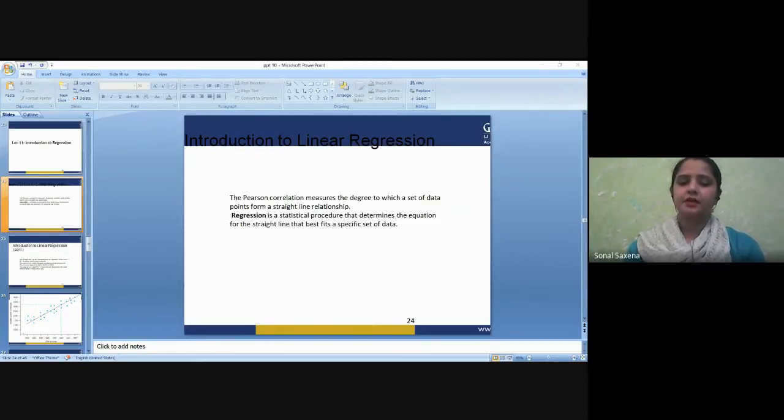Then the third category of regression can be logistic regression, where we have one dependent variable and two or more independent variables. Then we have ordinal regression, which has one dependent variable that is ordinal in nature, and one or more independent nominal variables. Then we can have multinomial regression, where there is one dependent variable and one or more independent variables. And then lastly, we can have discriminant analysis, where there is one dependent variable which is nominal in nature and one or more independent variables.